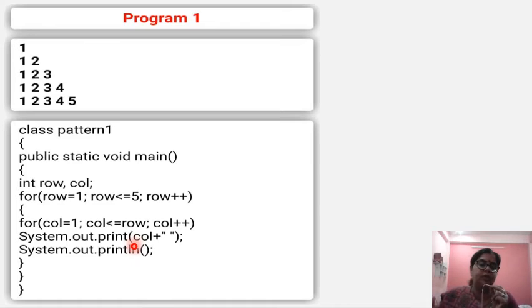Students, you all pay attention here. If I have printed row here instead of column, then what was the answer? Then the answer was 1. Here will be the answer 2 2, because it will print the value of row. Here the answer will be 3 3 3, 3 times, here the answer will be 4 4 4 4, and 5 5 5 5 5, 5 times. So this is how your inner and outer loop works.